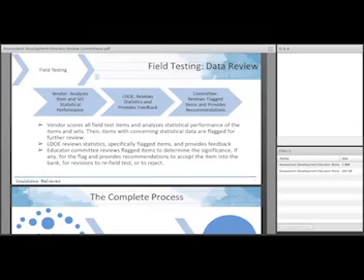And then sometimes we find out that maybe something is just wrong with this item. What will happen is that we bring these items to committee and we say, okay, this item has been flagged for a low percentage correct.